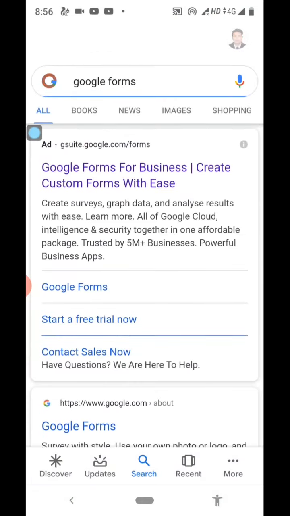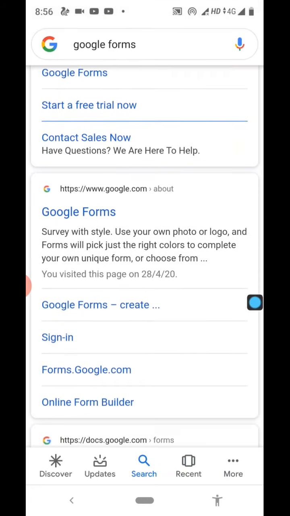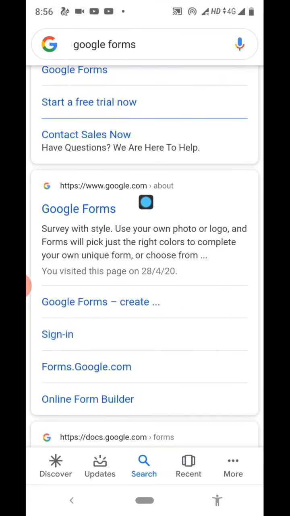Click over it. You can use any browser, but I prefer do not use UC browser. Use Google Chrome or this Google browser. Now, do not click on the very first section, just scroll and click on this option, Google Forms.